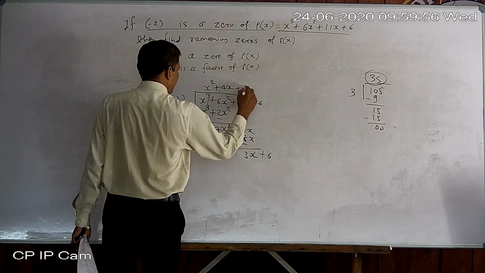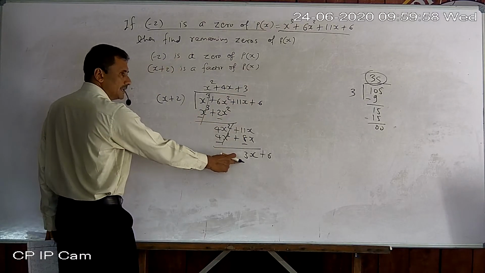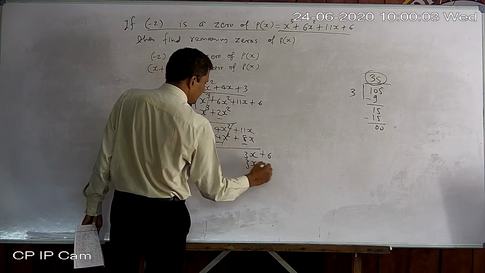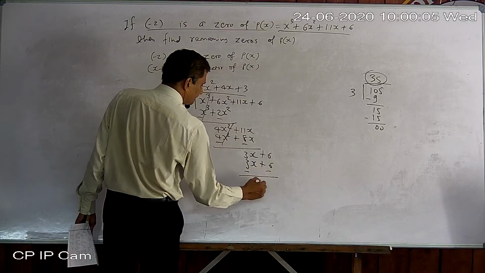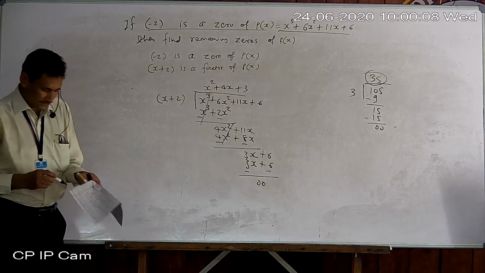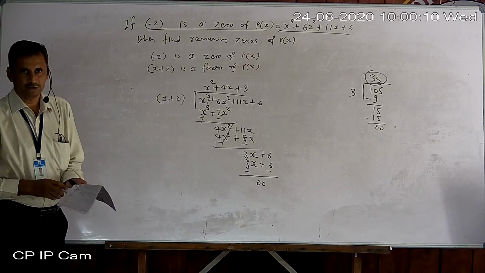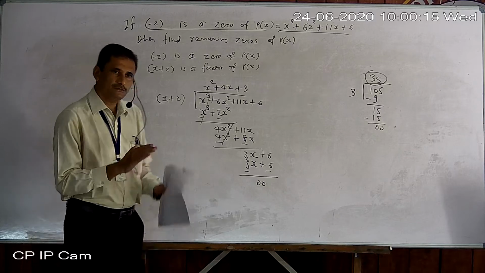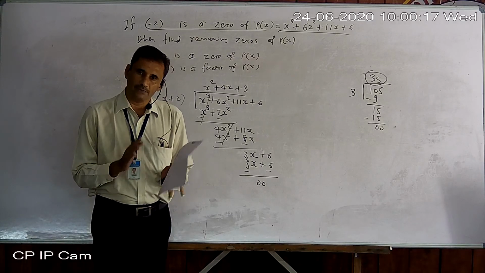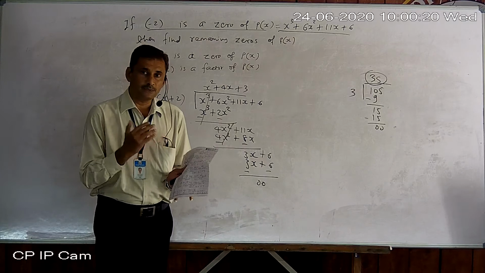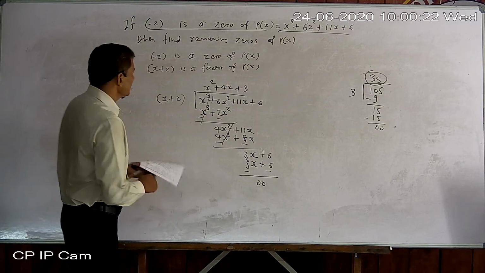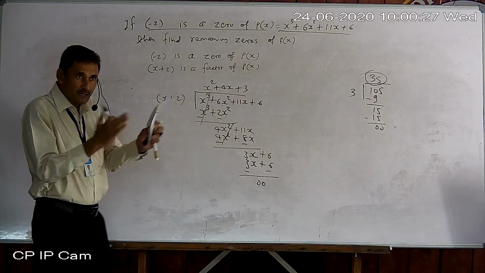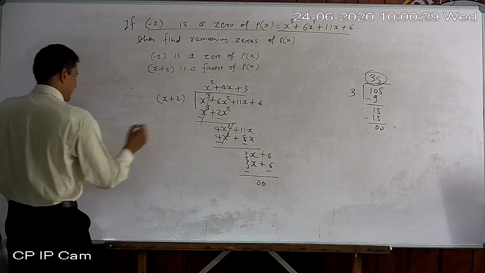Now multiply by 3. Why? 3x is required from x. So 3x plus 6. Okay. We divide by a factor, so obviously the remainder is 0. Now actually we are not asked to do division only and find the quotient and remainder. Actually our purpose is to find the remaining zeros. Okay. So the remaining factors we obtain. Now again that is a quadratic, so we can factorize it. Okay. So now factorize that q of x.